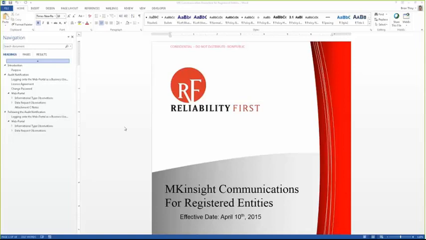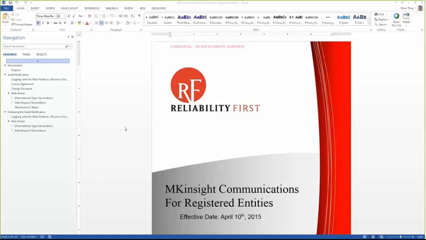MKinsight is the software program that we use when we do our compliance engagements. It helps us organize the data and classify our findings and observations. This program has a functionality where we set up the registered entity as an MKinsight business user. All this means is that you can securely get into the MKinsight web portal using your OATI certificate for an